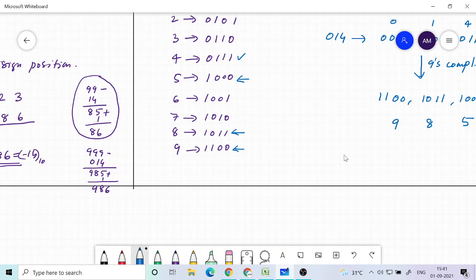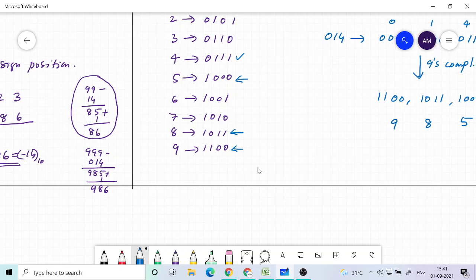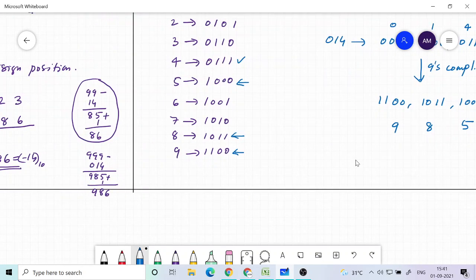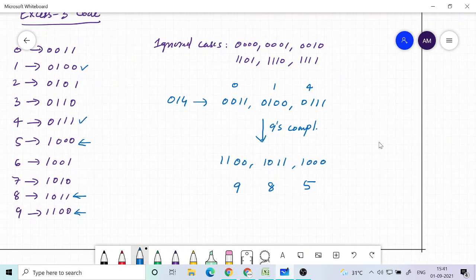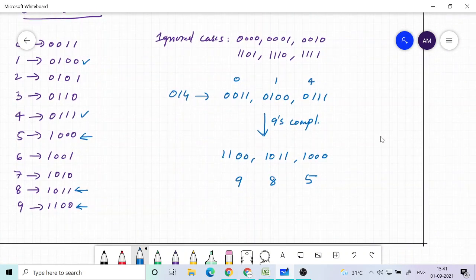So the 9's complement could be found very easily if you use XS3. XS3 is therefore useful to make it faster, the 9's complement, and then adding with carry you can implement to find the 10's complement. You just need to add with carry, so that also can be done very easily.